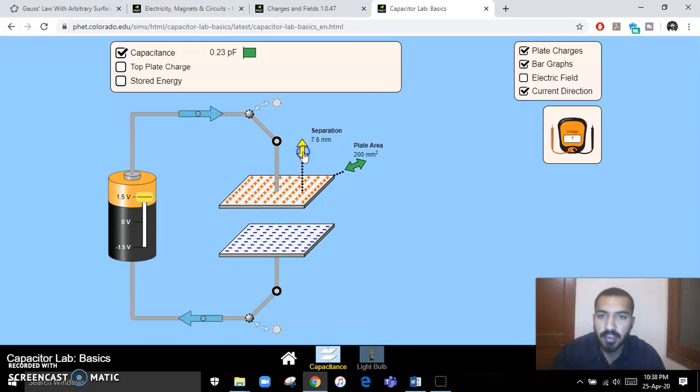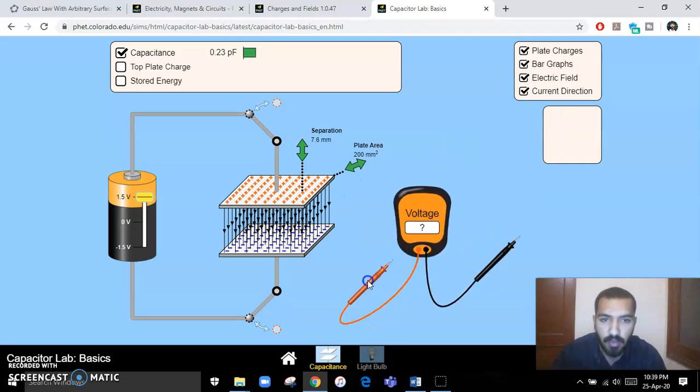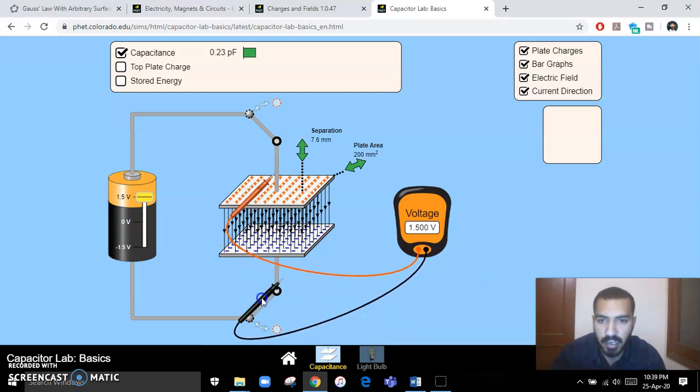So I have turned on the voltage, and I can see there is an electric field. Yes, the electric field is moving from the positive to the negative side, and you can see it by these arrows. You can also measure the voltage that is delivered from this battery to these plates. This is the multimeter, the voltmeter. You can measure the voltage by moving the positive probe on the positive plate and the negative probe on the negative plate. You can see 1.5 volts. As 1.5 volts were delivered from this battery, you are measuring those 1.5 volts on these plates.